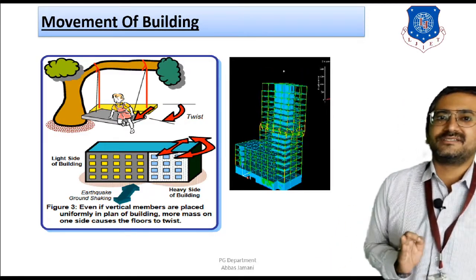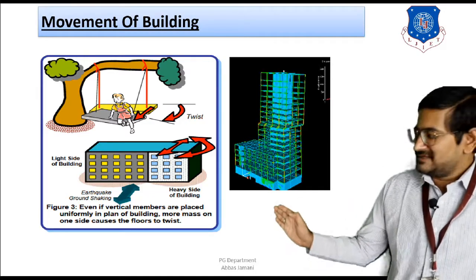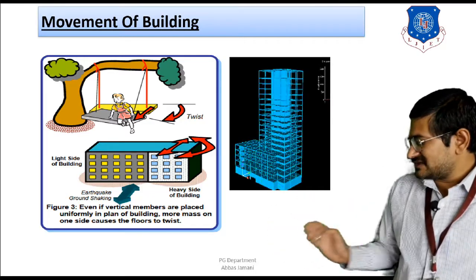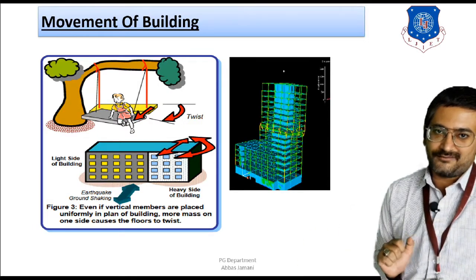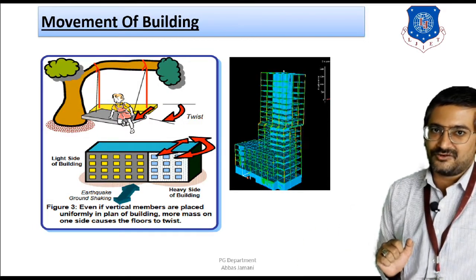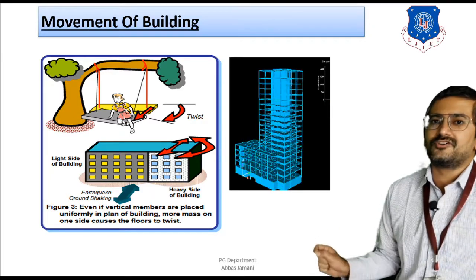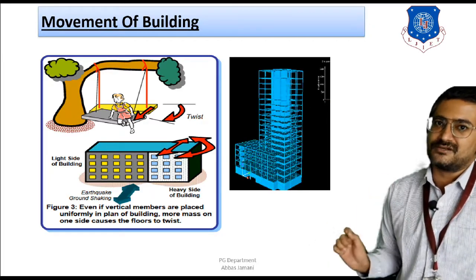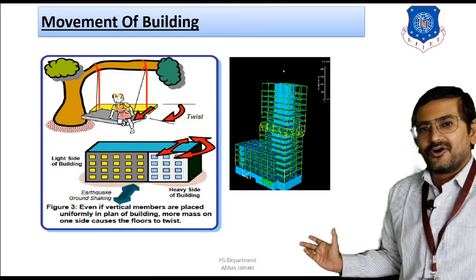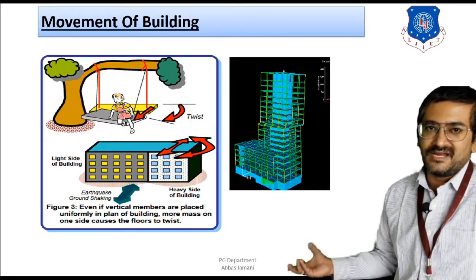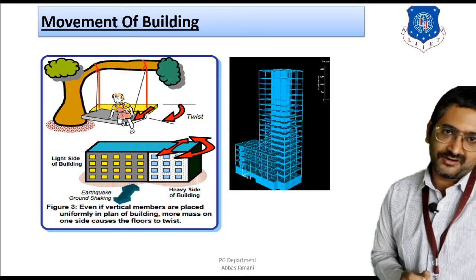So what happens here is that the left hand side of the building as shown in the example is going to have heavy mass, and the right hand side of the building is going to have less mass. As a result of that, the CG of mass is not going to match with the CG of the building or CG of the floor. And as a result of that, we can say that twisting of the building is likely to take place about the horizontal.